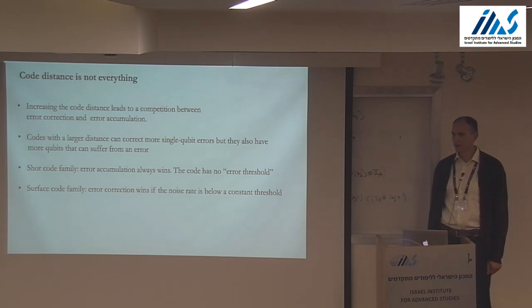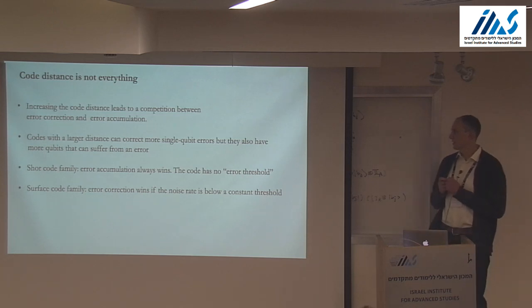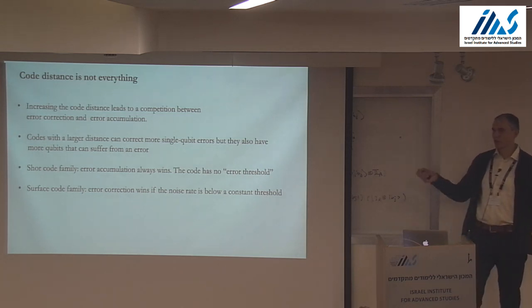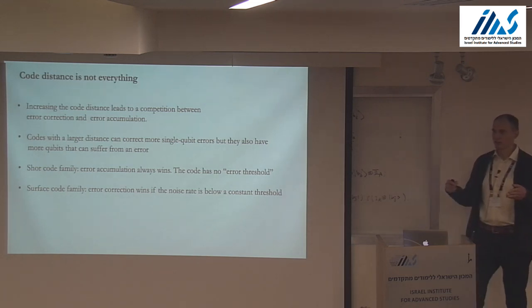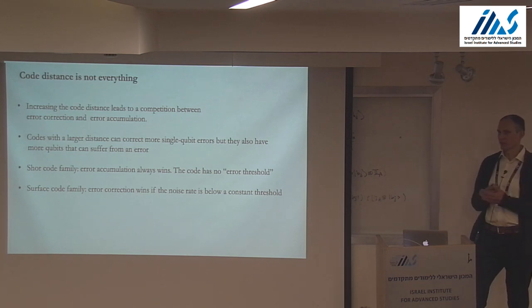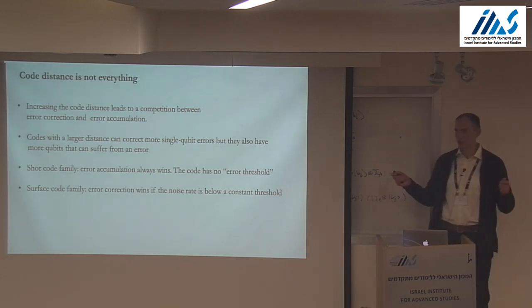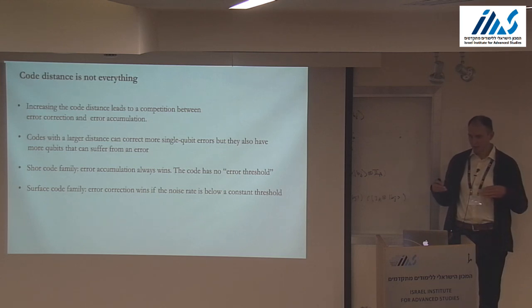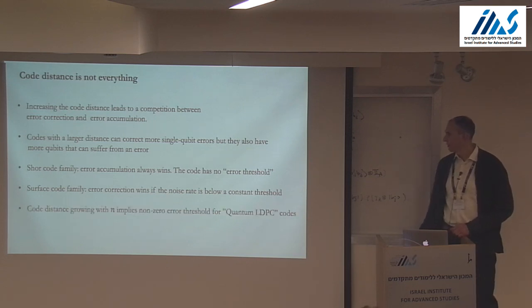Sorry, can you say exactly what you mean by wins? I just mean that as we increase the code distance, we must be able to correct errors with probability close to 1. And I will clarify this a bit later. So increasing the code distance should make a quantum code better rather than worse, which is what I mean. Yes, and